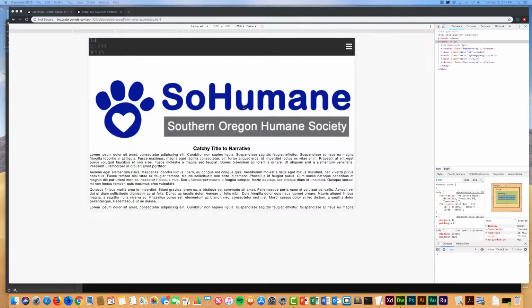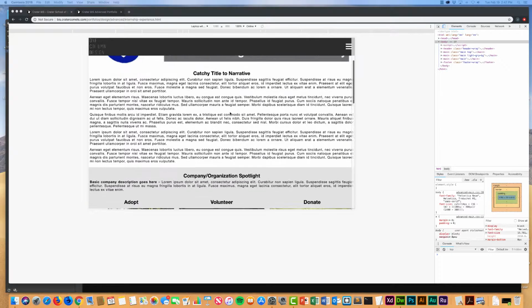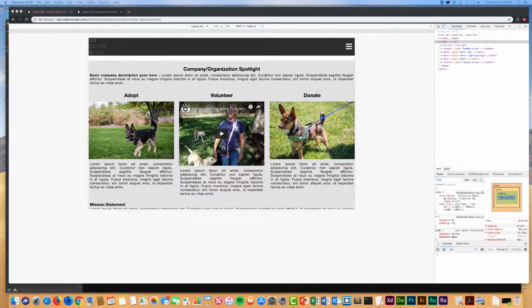You're going to find that this is very similar to the previous build section that we just did, the education roadmap page. So at the top we have a nice large logo of the internship site that this person did their internship with. And there's a section in here where you're going to put in a little bit of a narrative, a story about your internship experience and what that was like. And then the following section after that, there is a spot to highlight the company or organization that you interned